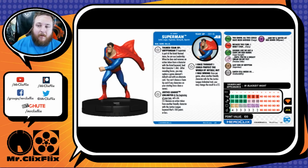So this is the team up part, the reason why this card's blue. And it is, if Superman is part of the listed theme team, he can use Leadership. When he does and removes an action token from a character with the listed keyword, heal that character 1 click. After revealing